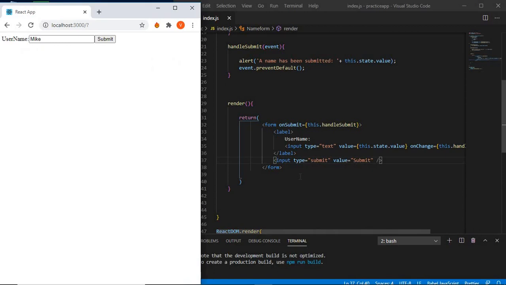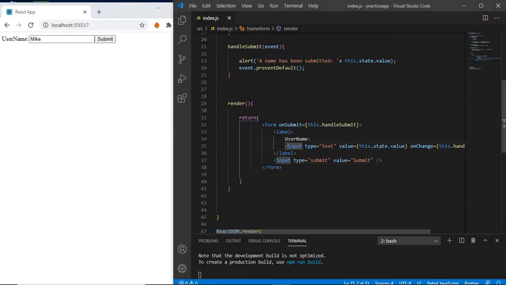Now let us talk about text area. Text area is another HTML tag. A text area uses a value attribute instead. This way a form using a text area can be written very similarly to a form that uses a single line input. A text area element defines its text by its children, but we don't have to do that. We can just change the input. Instead of input, I can say text